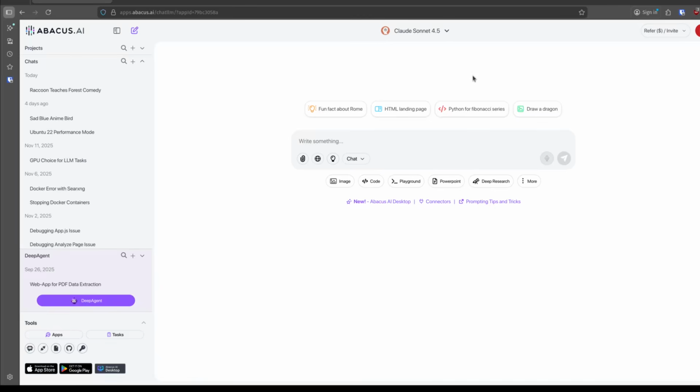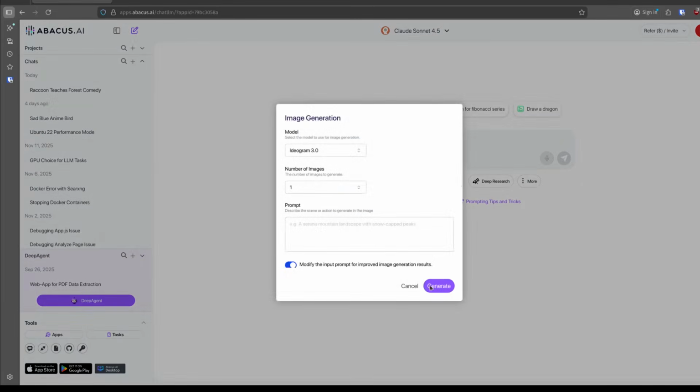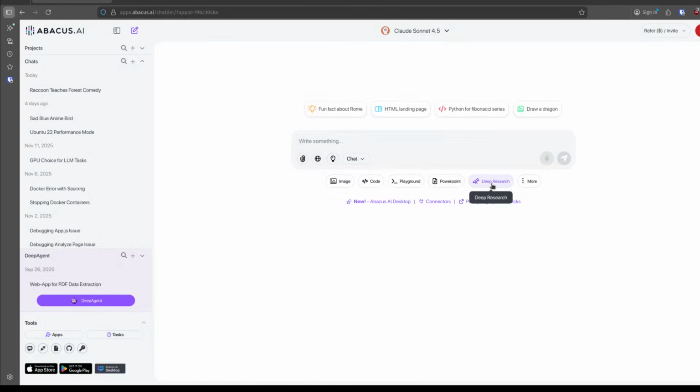That said, it is awesome for exploring. If you want to do a little image generation sometimes, it's great for that. If you want to do some deep research sometimes, it's great for that. The PowerPoints and stuff are cool to create. They're kind of fun. It gives you a nice little jump start. And then it also has a whole bunch of other features like video generation. You can set up tasks, things like that. They also have this new desktop app, but I haven't tried it yet.